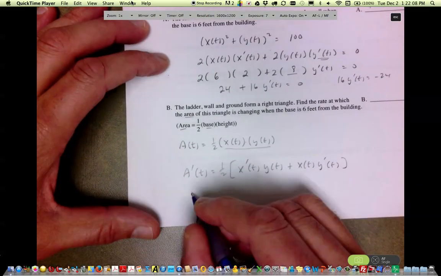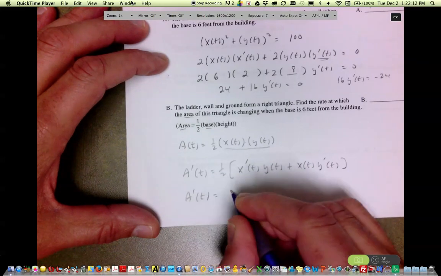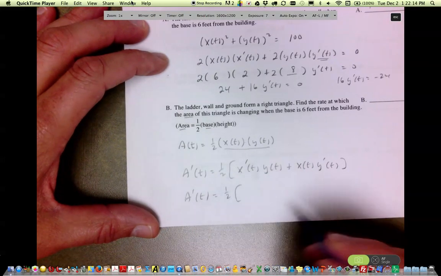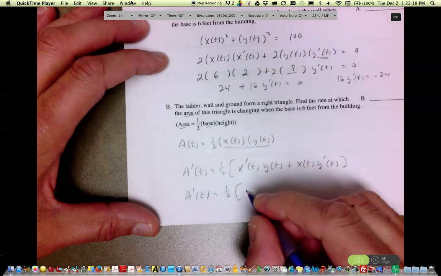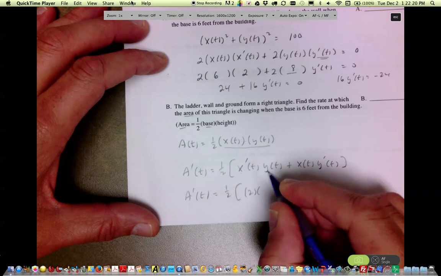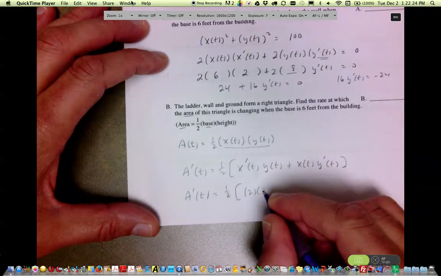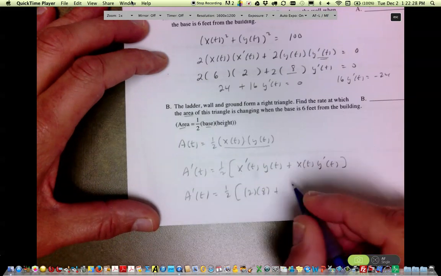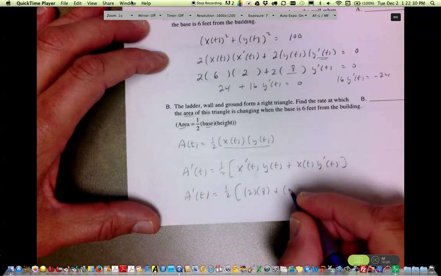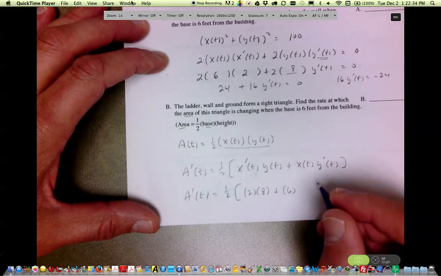All right, and then we're looking for A prime of t. That's going to be equal to 1/2, and then we should know all 4 of these pieces. So x prime, that was 2 again. And y of t, the height of the ladder at that instant, was 8. Plus x of t. x of t was 6 feet away from the base. And then y prime is the number we came up with in part A. That's going to be